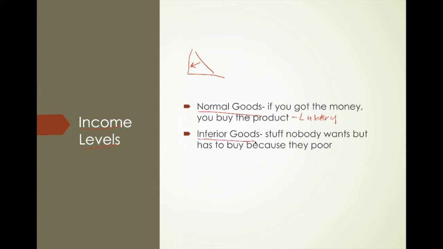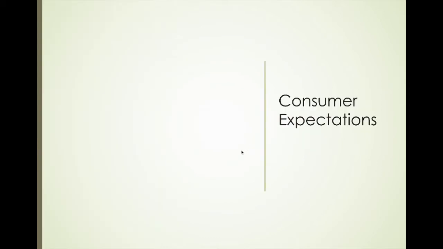Inferior goods are basically the stuff that nobody wants, but everybody buys because they're poor. Now, that's a really simplistic explanation of it. It's usually the lesser desire of the product. So, for instance, Oreos have become a name brand, but did you know that they were actually an off-brand that just became more popular? Or you could go for the store brand, which would be an inferior good. A normal good could be Bounty paper towels. An inferior good would be Walmart's Great Value. That's definitely the difference between a luxury and an inferior good. So you can cause shifts by that.